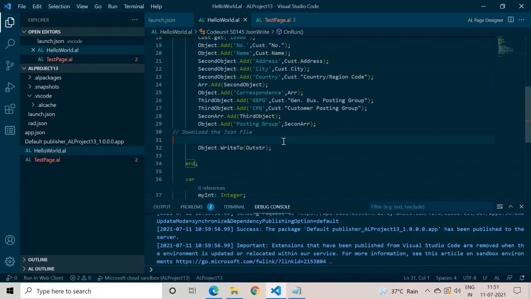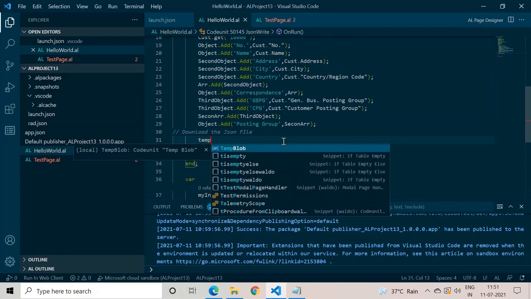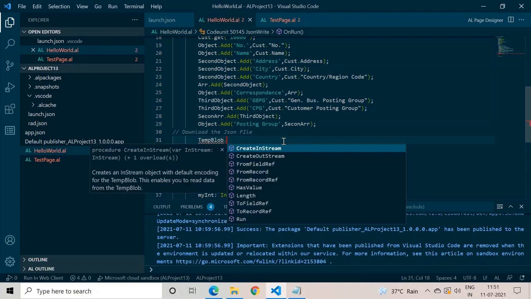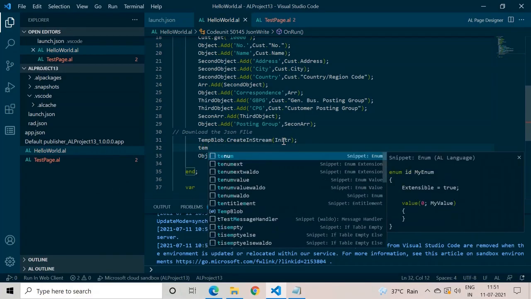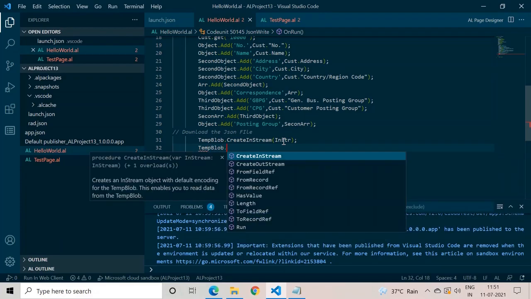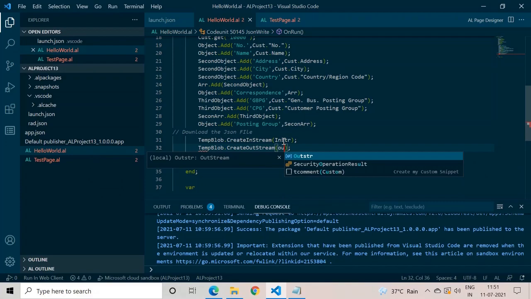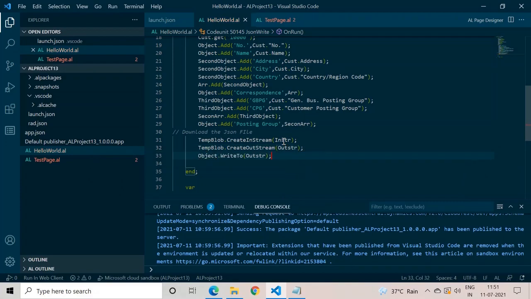But before that, we need to initialize my outstream. So we will make use of our temp blob code unit, where we will initialize both my in-stream object and my outstream object. Okay, so now we have successfully written the data available in my JSON object to my outstream.